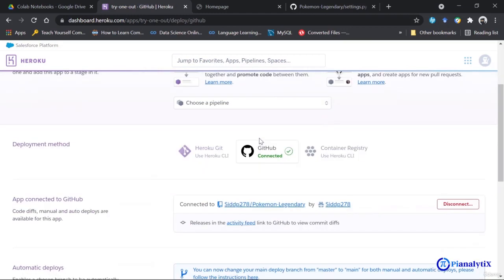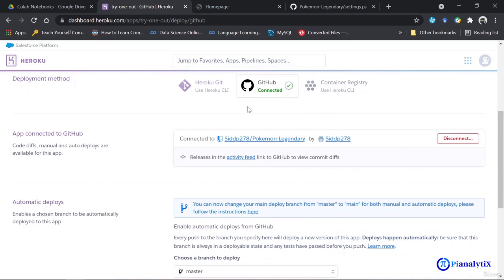Now Deploy has three options: Heroku Git, GitHub, and Container Registry. We will be using GitHub, and you would be given an option to connect here. Once you click on it, it would ask you to log in with your credentials, and then it would tell you that it is connected to your account. Like my account is SITP278, it has been connected here.